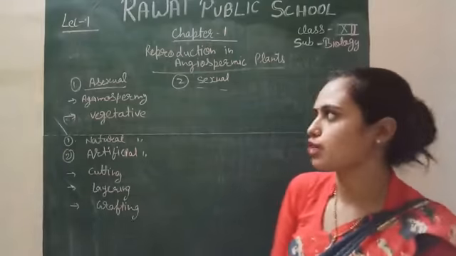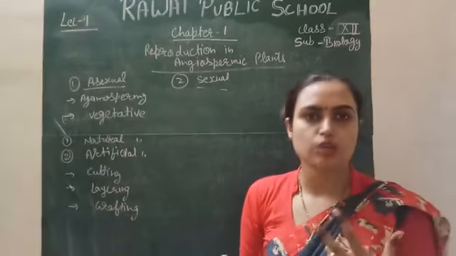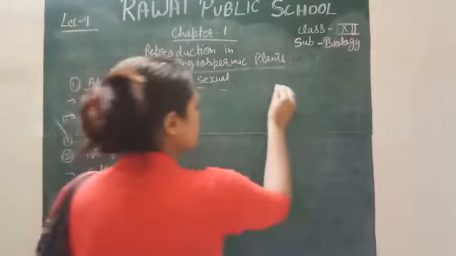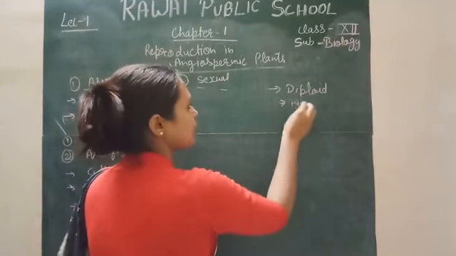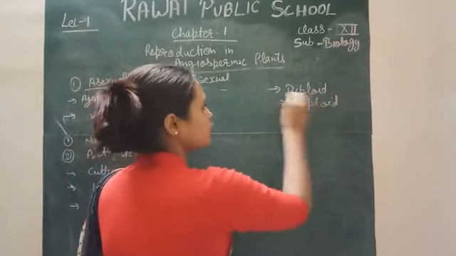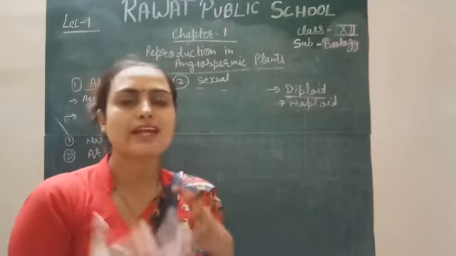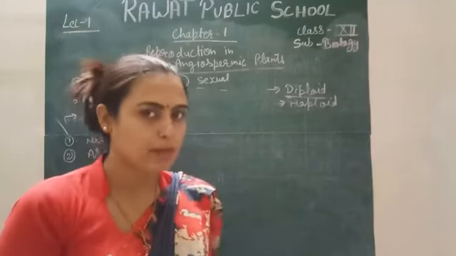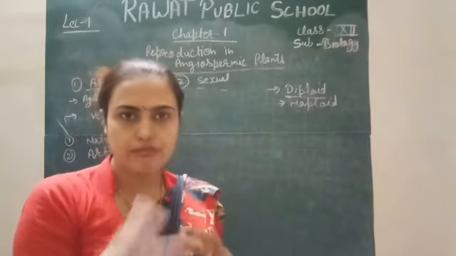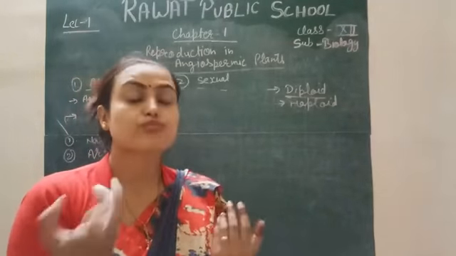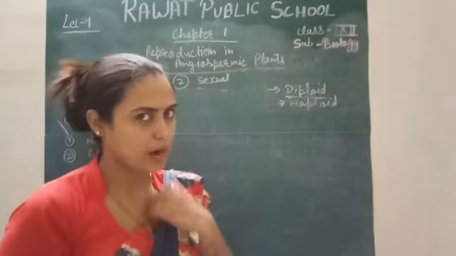means flowering plants actually. You know that plants show alternation of generation simply. They have two kinds of phases. First is the diploid phase, and next is the haploid phase, right? The diploid phase generally is known as the sporophytic phase, and the root, stem and leaves of the plant are the sporophytic phase of the plant. It means they do not produce gametes, they do not perform fertilization, and they do not produce fruits and seeds simply. So that phase is actually called the diploid or the sporophytic part of the plant.